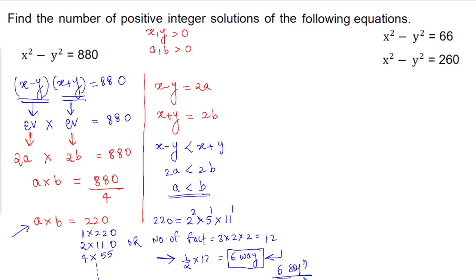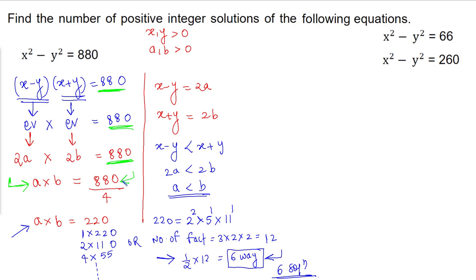Okay everyone, likewise we can solve this. So over here there is one small observation. Look here, this number 880 should be divisible by 4, because at this step we are going to divide 880 by 4. If that number is divisible by 4 completely, then and only then we can solve this, or you can say that then and only then it is going to have at least one positive integral solution. Are you getting this?